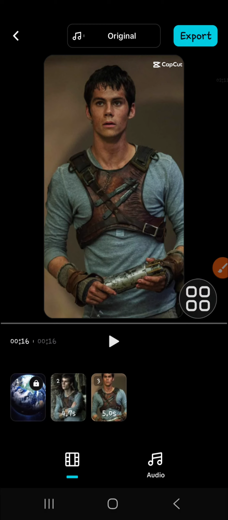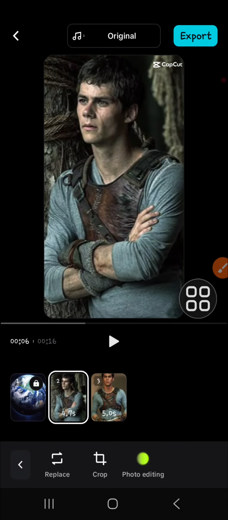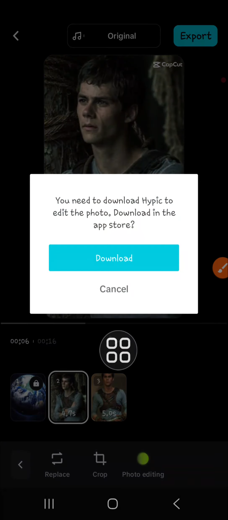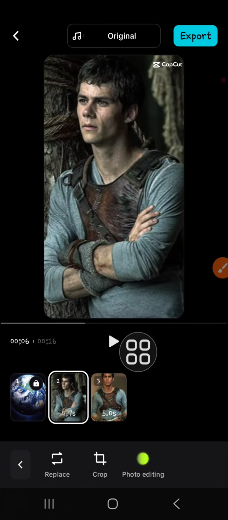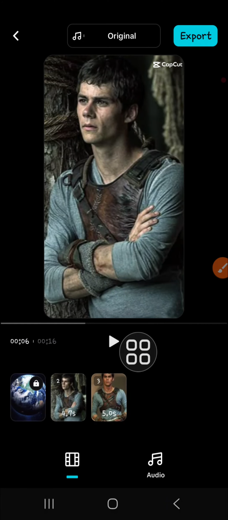But if you want to replace your photo, you just need to select the photo that you want to replace, and then you can click on replace. Or you can also crop your photo right here. And this is for the photo editing, but we need to download HiPic. Okay, I'm not gonna do that, and I'm just going to go back, and then I'm going to export this